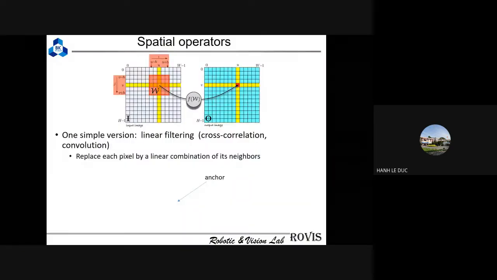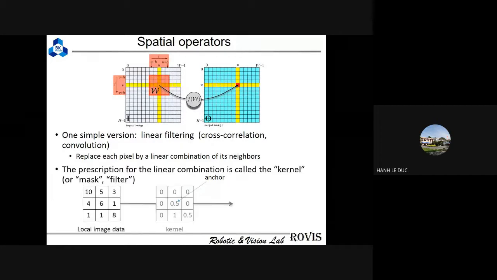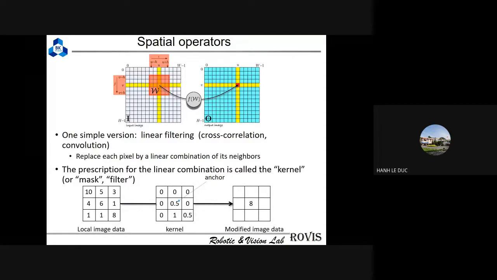Because this is a spatial operator. So what is it? Someone already did the exercise, something called adaptive threshold, right? This algorithm is a kind of spatial operator. So what is it? In the spatial operator, in the previous